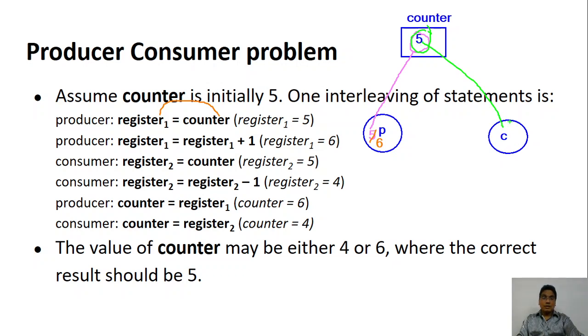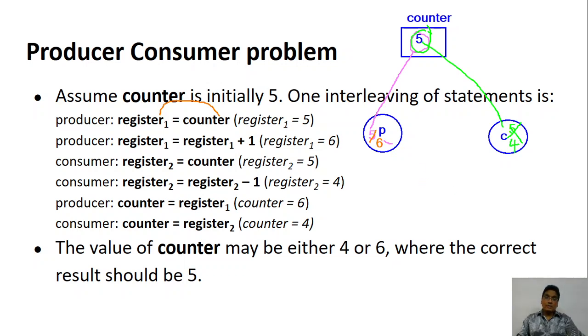So the consumer will come and read the value as 5, because the producer and consumer are running parallelly. Remember, you have these athletic tracks wherein two runners are moving parallelly. One has read 5 and is trying to increment it. The other one has also read 5 and is trying to decrement it. So the consumer says, okay, I have consumed one item. Let me change the counter value to 4. Now what happens? One has increased it to 6, the other one has decreased it to 4.